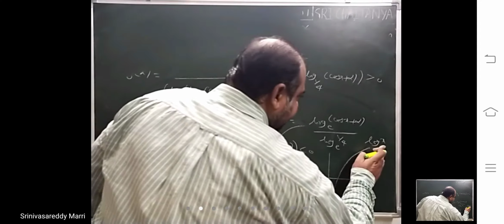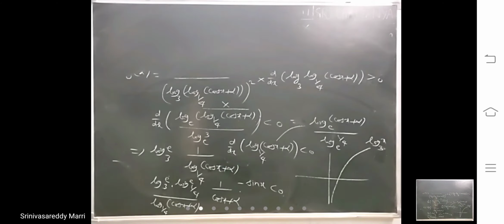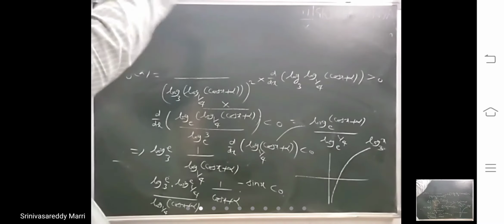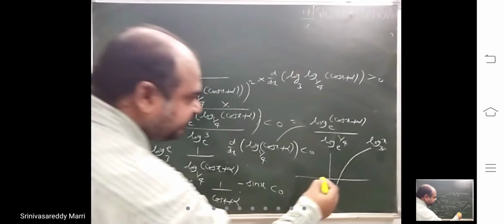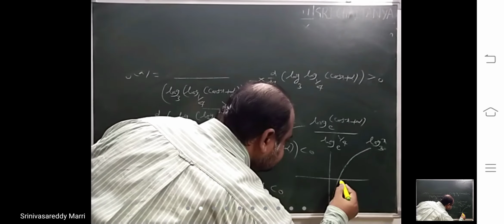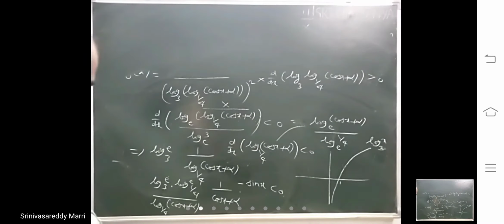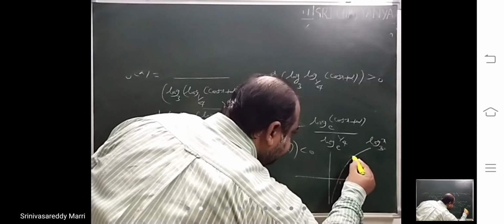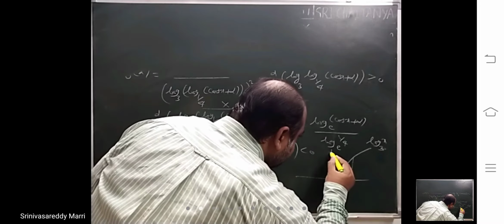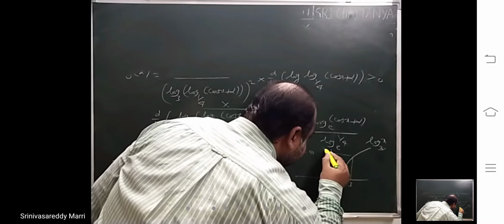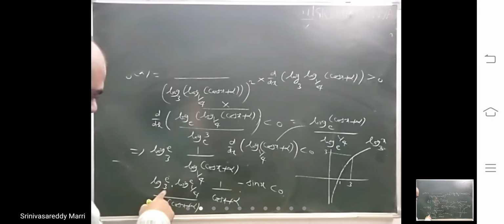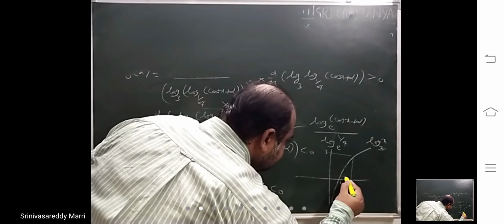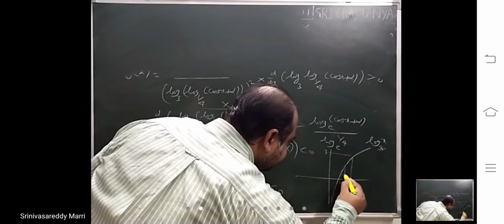This is the log x to the base 3 graph. Let us say if the base is greater than 1, log x to the base 3 will be like that. Right? So at 3 it will be 1, and at 1 it will be 0. Now log e to the base 3 means, compared with log 3 to the base 3, which is actually 1. E is 2.72, so it will be somewhere here.